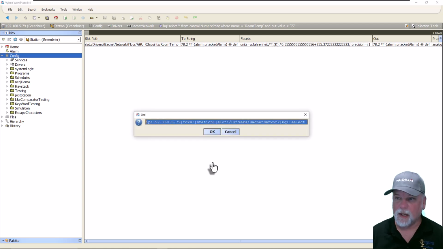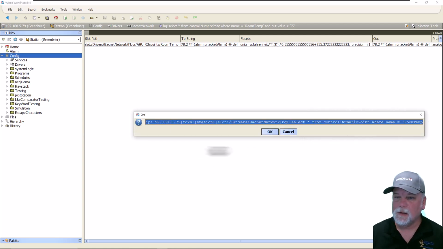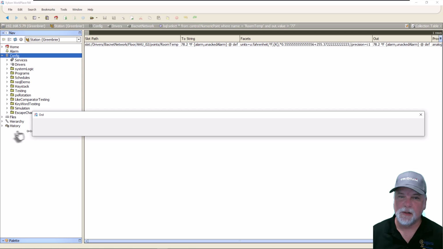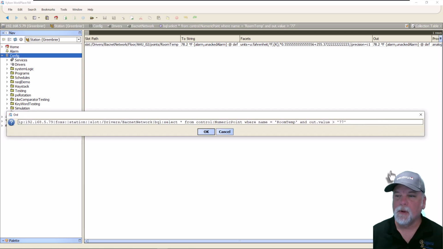And we can see again that there are no parentheses around our predicate. It's just an AND statement where name equals room temp and out dot value is greater than 77. Again, the query builder does not allow me to build more complex statements or a mixture of ANDs and ORs. In this case, if I were not to use parentheses and just said or out dot value less than, say, 60,